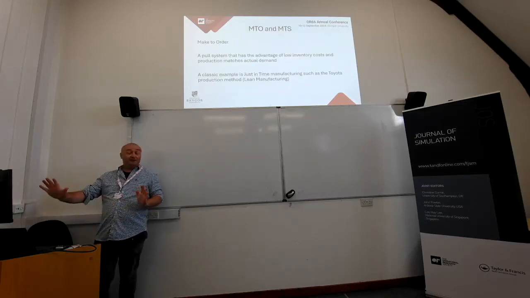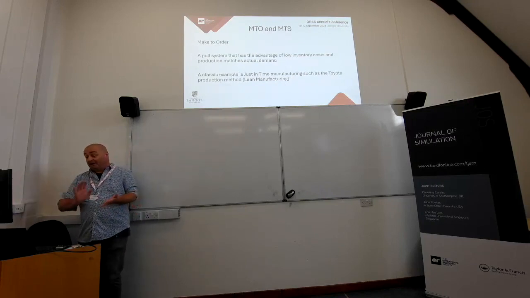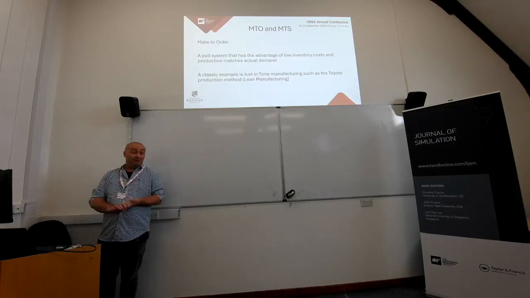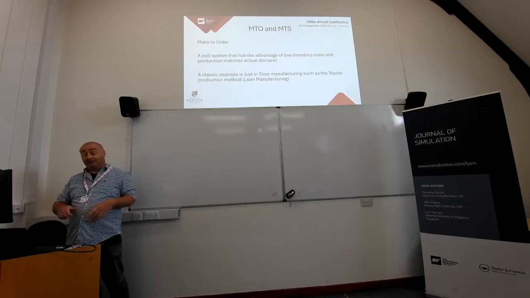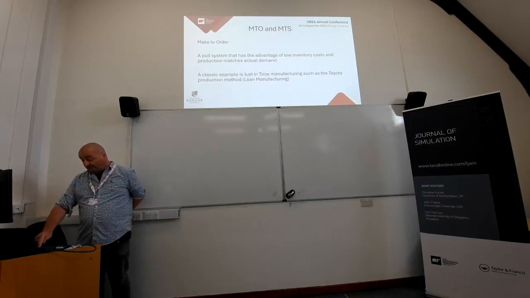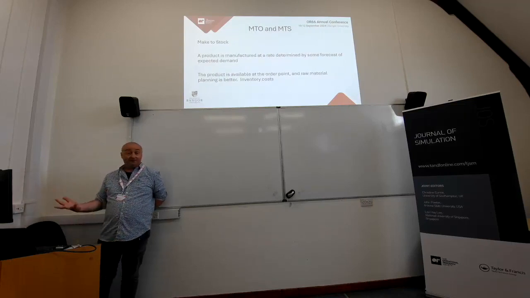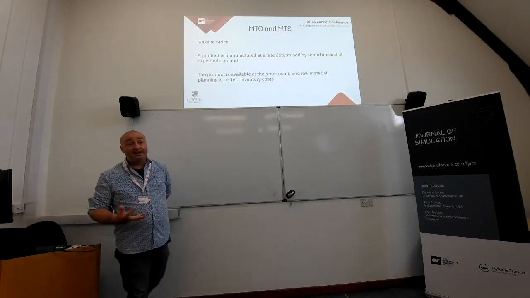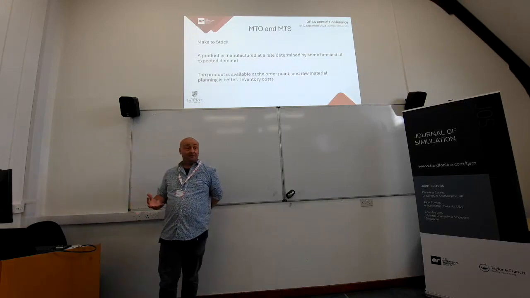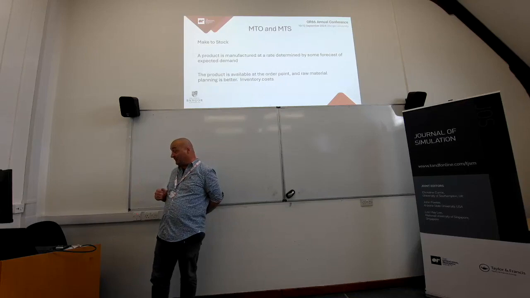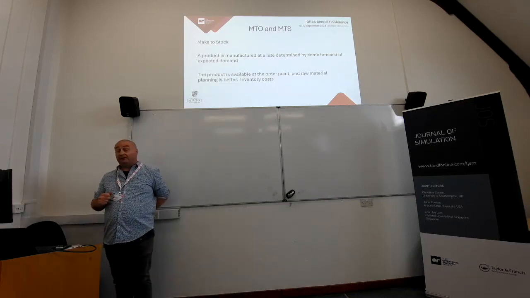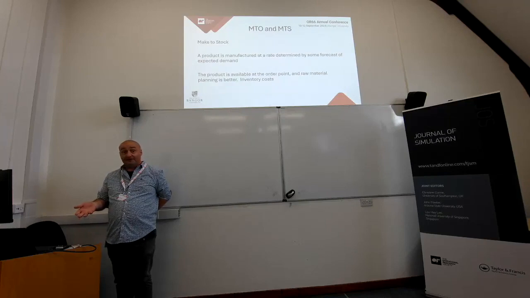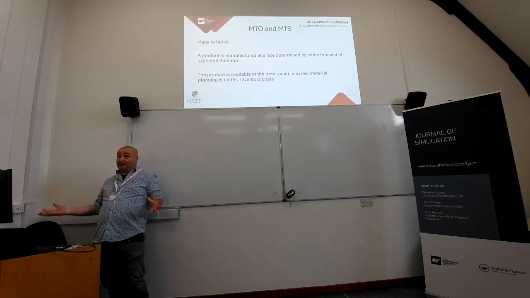So I'll just briefly go over this because I'm sure we all know what they are. Make to order is basically a pull system, classic just-in-time processes, so it's done whenever the order comes in and then you pull through the production process. Make to stock is obviously the opposite of that, in that it's made to some kind of forecasted amount and then put into storage ready for the customer to pick up. Obviously, there are inventory costs associated with that, which is why we didn't want to go down fully